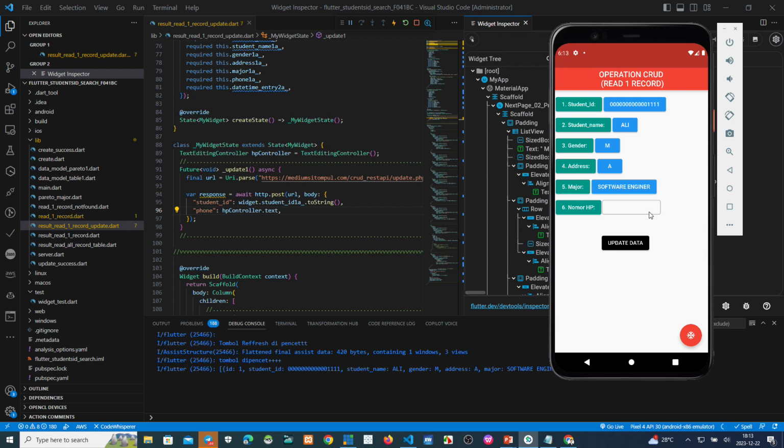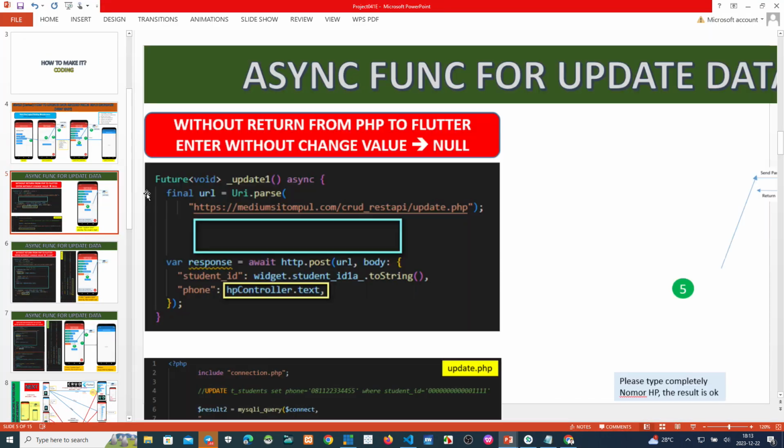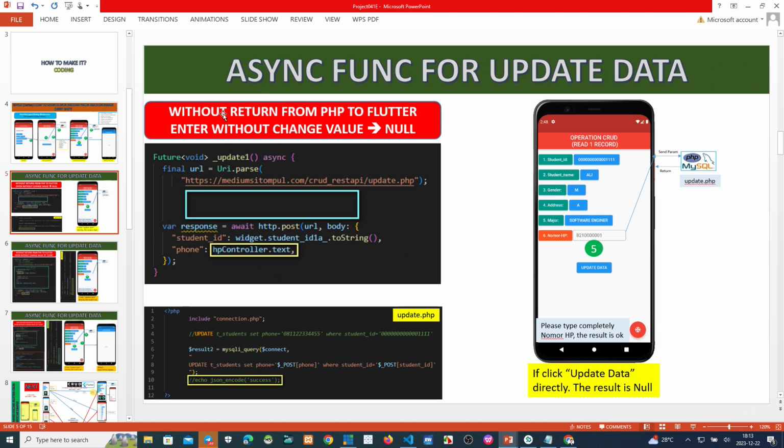To solve this problem, we must make this script. This is the script without return. If we click update data directly without typing this data, the result is null or blank. To solve this problem, see this one.